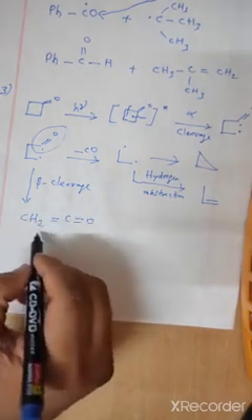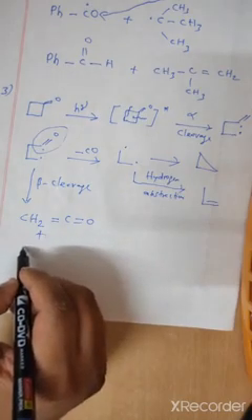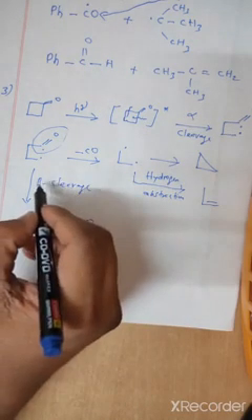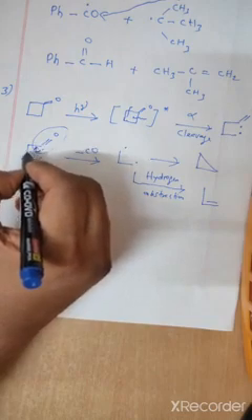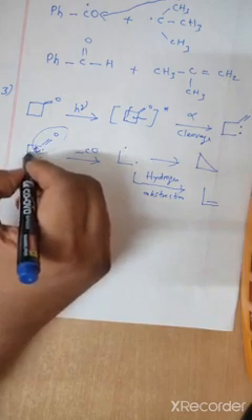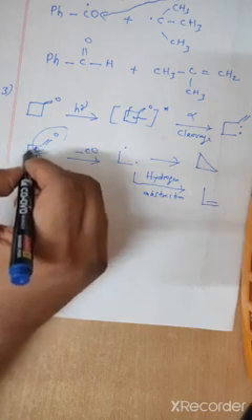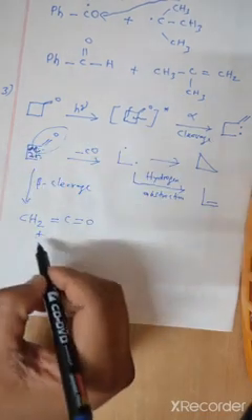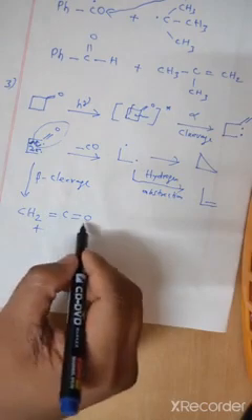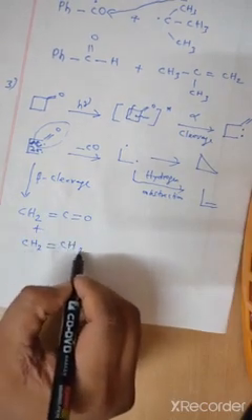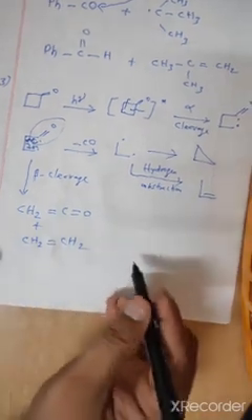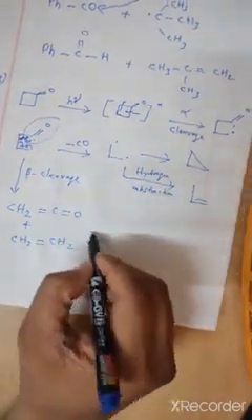One product is CH2 C double bond O. What will happen here? This will move here, this will move here, this will move here, this will move here. Two different products: CH2 C double bond O, and another is CH2 double bond CH2. The next process is the next ring